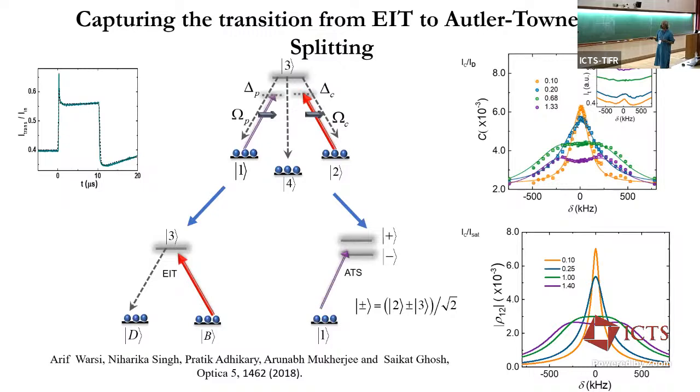So we have been studying this for a while, but one of the things we did is to start increasing the field strengths. There are these dark and bright states. This is the EIT physics, but as you increase the field strength of the control, at some point this state starts hybridizing with the excited state, and a different physics sets in, where you do not really have exactly a ground state, but there are these excited state superpositions. And this is the regime which is called the Autler-Townes.